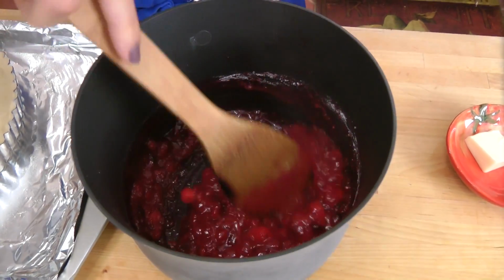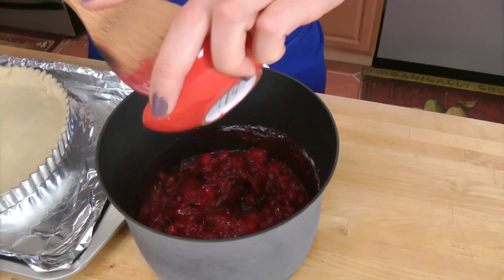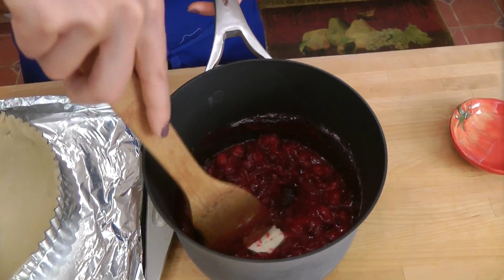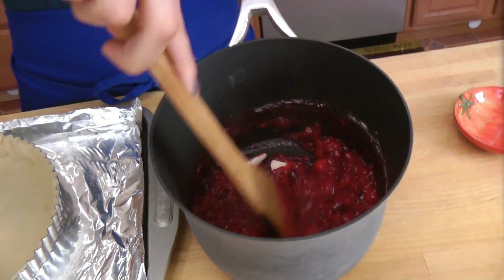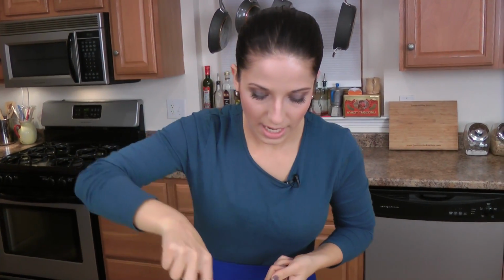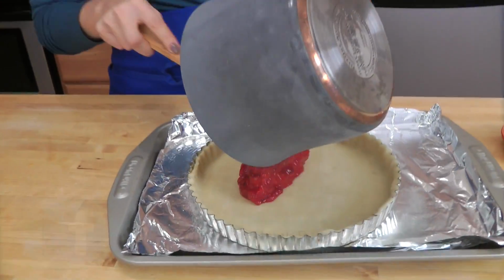My cranberry mixture looks perfect. I'm going to add now a little bit of butter, just to make it really creamy and kind of luxurious. I like to use that word, makes me feel fancy. Stir that in, because the cranberry mixture is so hot, it's going to easily melt the butter in no time, which it has. So now I'm just going to put this into our tart pan,